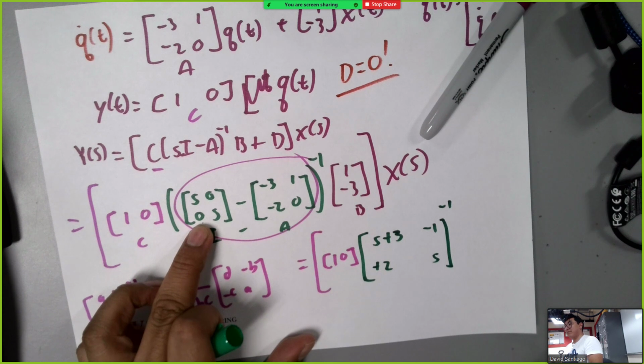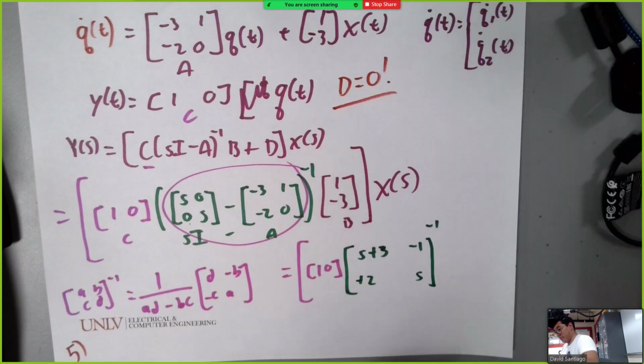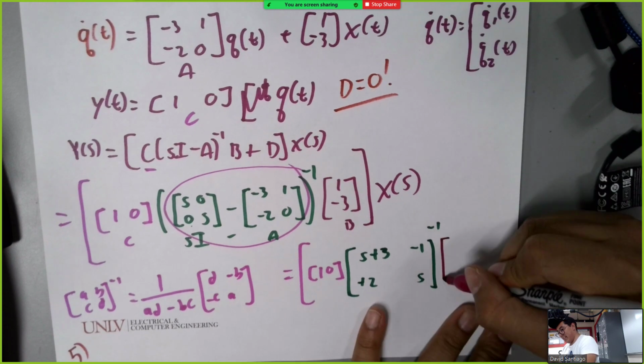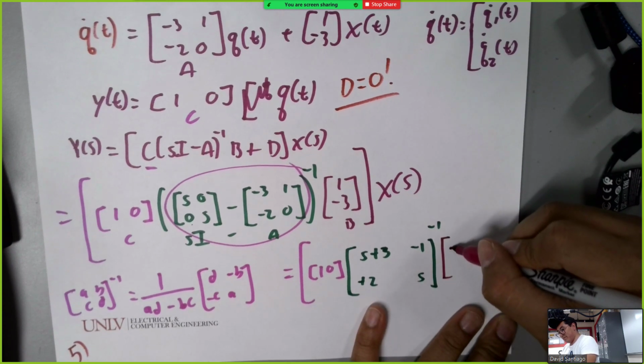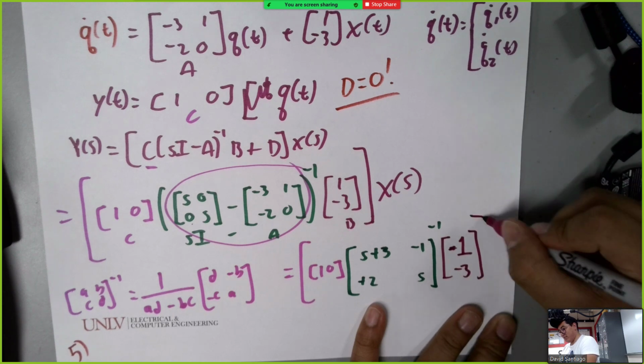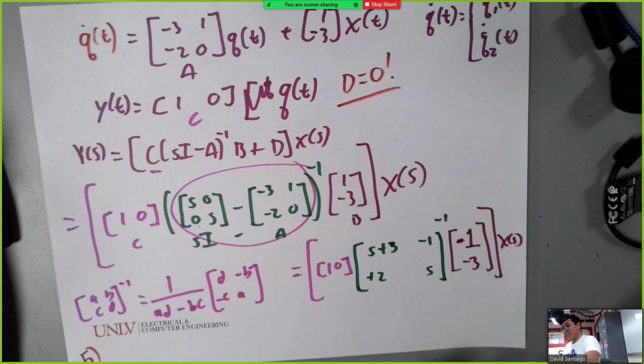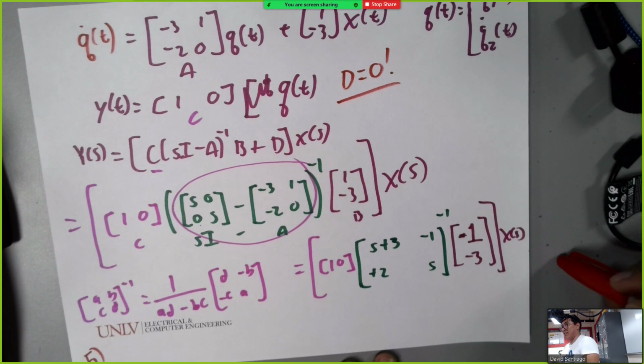Okay? Making sense so far? And then let's bring out the dark marker because I like colorful pictures. 1 minus 3, and then close this, and that's X of s. Okay? And now, what I'm going to try and show you guys, and you can actually solve this problem kind of quickly, but not really, is